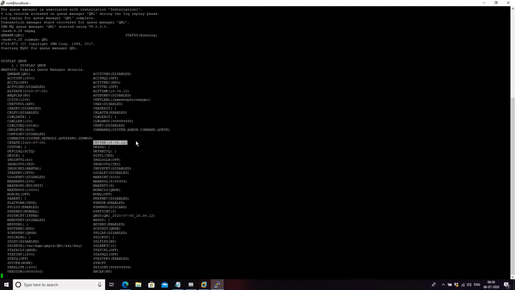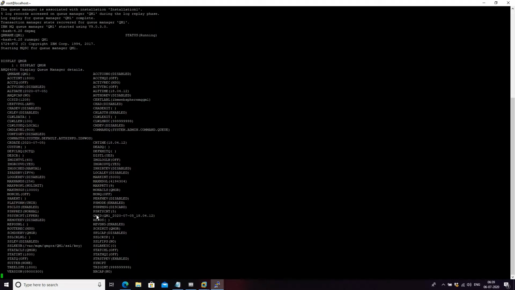What is meant by CRT time? It will show what time your queue manager was created. Here is another property called CR date. It will show the date when your queue manager was created.